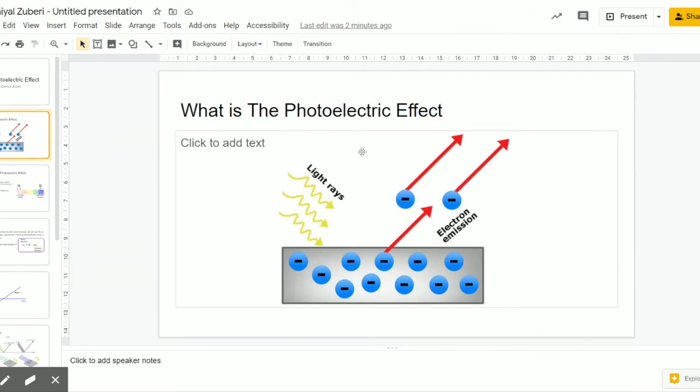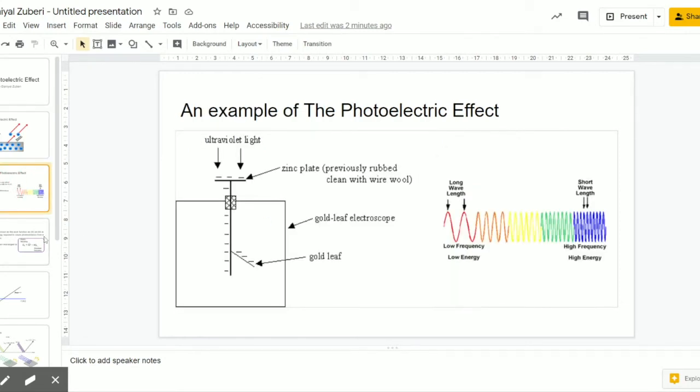The photoelectric effect. The photoelectric effect is caused when photons hit a metal plate and emit electrons called photoelectrons. This process is called photoemission and is known as the photoelectric effect. This effect could not be explained with classical physics and experiments, but can be explained with quantum physics. What is the photoelectric effect?